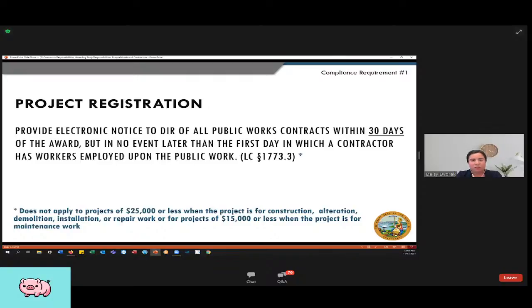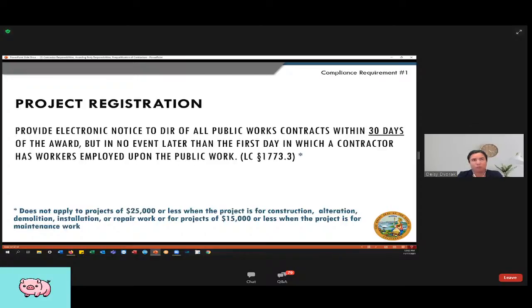If you have any questions during the registration of your project, please reach out to us. Our email is publicworks@dir.ca.gov. I cannot stress enough the importance of registering your project with DIR. I know this is another thing to remember, it's an extra step, but